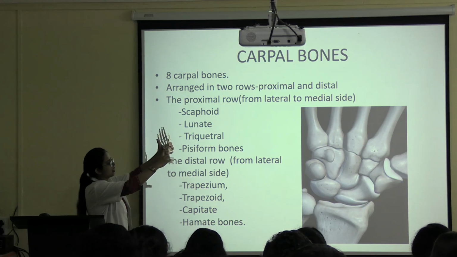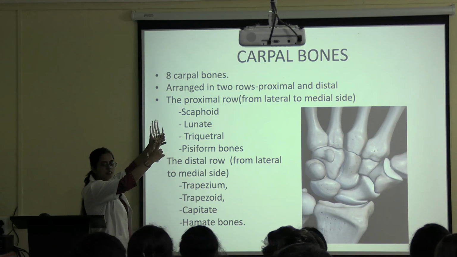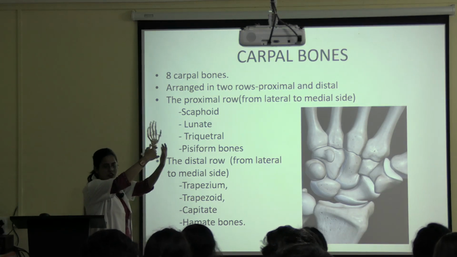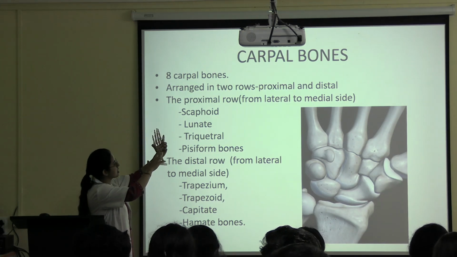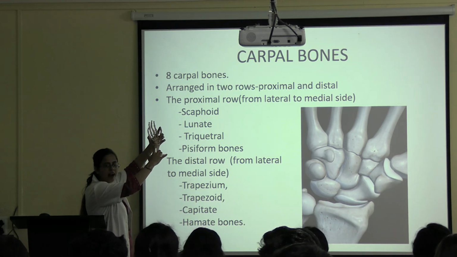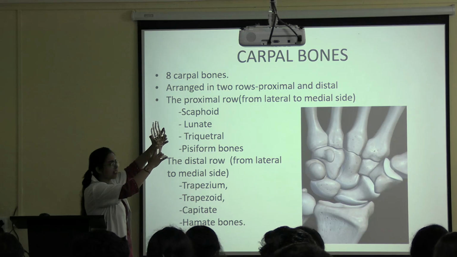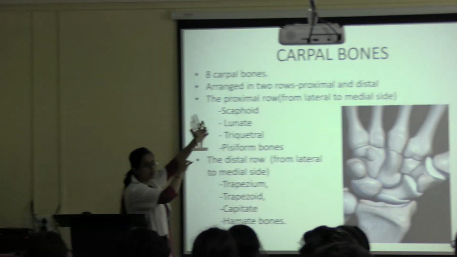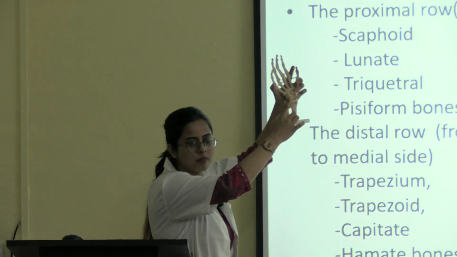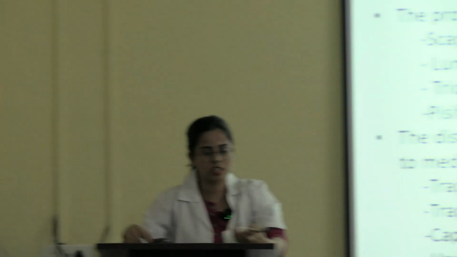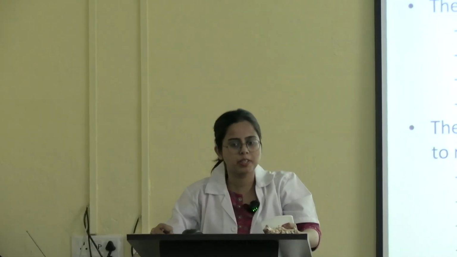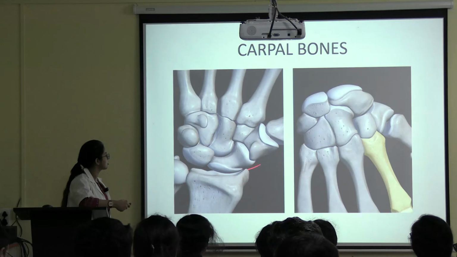So what is the name of this joint? Wrist joint. Okay, so you can see the carpal bones present in the proximal row are taking part in the formation of this wrist joint, except which bone? No, this is not taking part. This is pisiform. So all the proximal row carpal bones will take part in formation of the wrist joint except the pisiform bone.